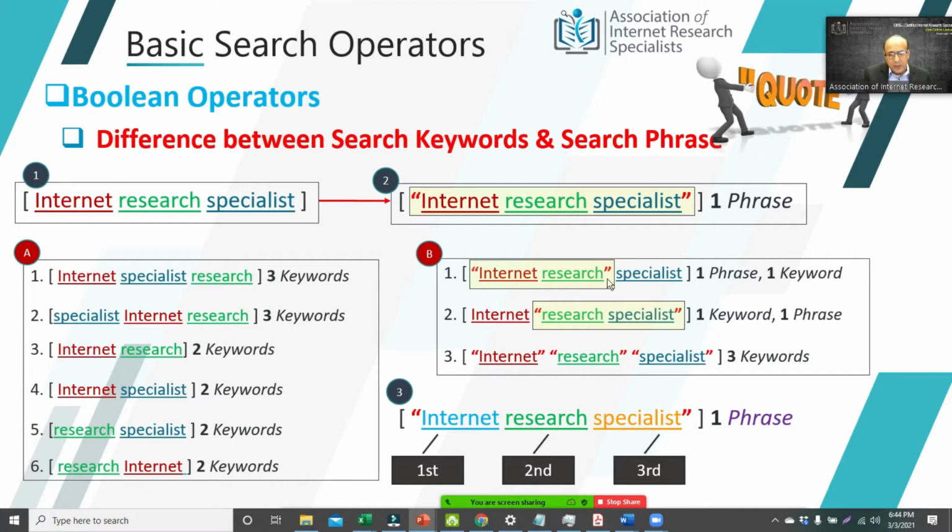Done quite exactly what I did in one, except that now instead of specialist, the word internet is outside of it. So here you could see there is one keyword, this being a singled out word, or one that is outside of the quotation is considered a keyword. And there could be one exception that we will discuss in this third one. But for now, just think of internet as one keyword and research specialist as one search phrase. So practically, you have two objects or you have two terms